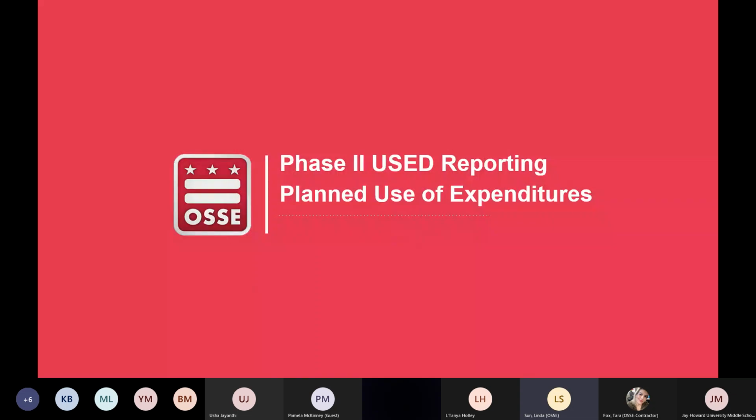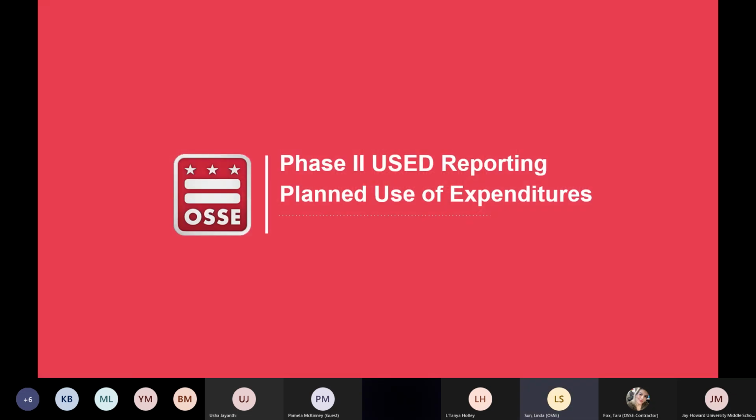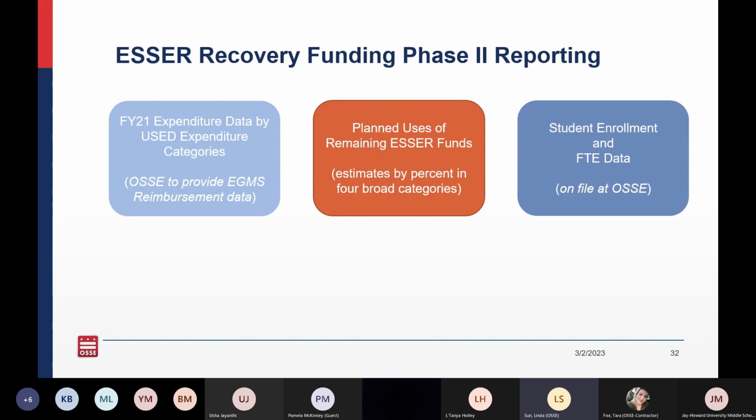You should be looking at a red slide that says Phase 2 US Ed Reporting Planned Use of Expenditures. Can someone give a thumbs up or type something in the chat if that is what you see? Yes, okay. And now I've changed the slide, so it's a white background now that says ESSER Recovery Funding Phase 2 Reporting. It's working? Okay, cool. Thank y'all. Glad we're back in business.